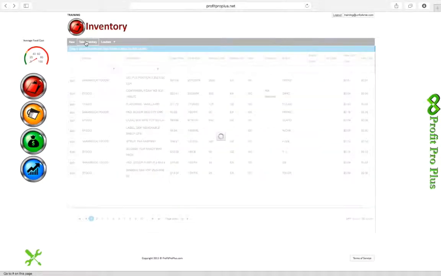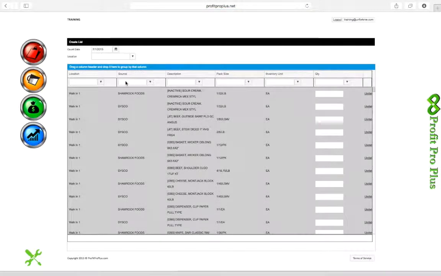The last piece we have is inventory. And in taking inventory, this just gives us an opportunity to build our list based on our locations and the day that we're going to build it, and build all of our inventory into the system when we take our counts so that our reporting will weigh against our usage and our purchases. We're going to have an incredibly in-depth training coming up next to cover this specific area alone. There's a lot of functionality in here, and it's very, very important that we take inventory cycle counts in order to get the cleanest and best data